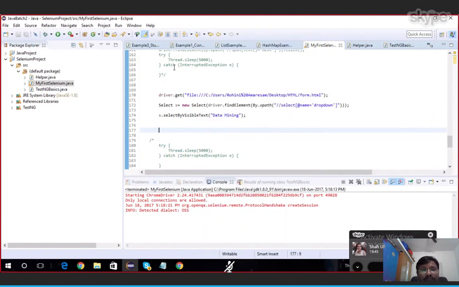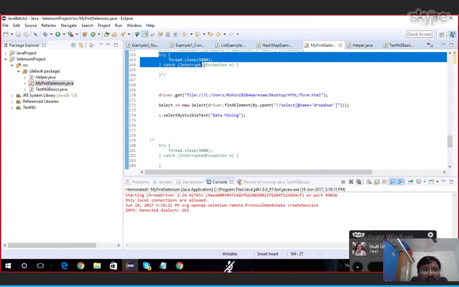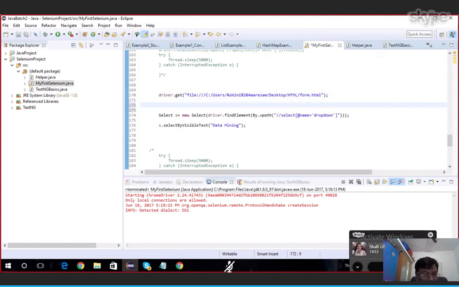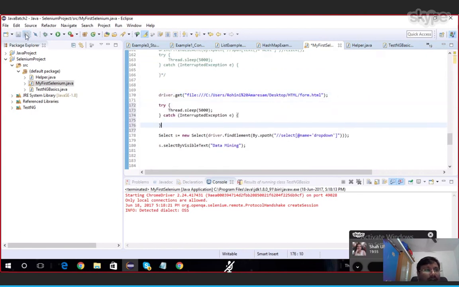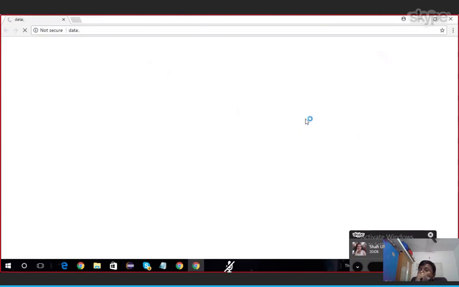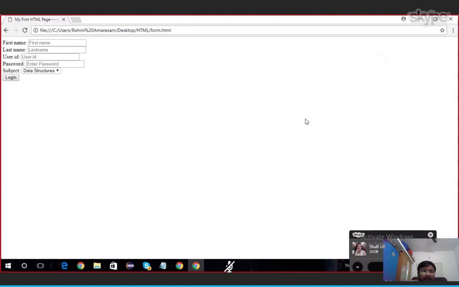Let me give some sleep also so that we can observe. See here, initially it is showing data structures.